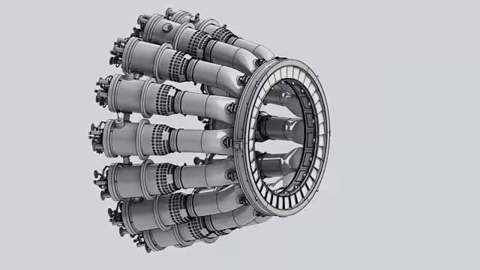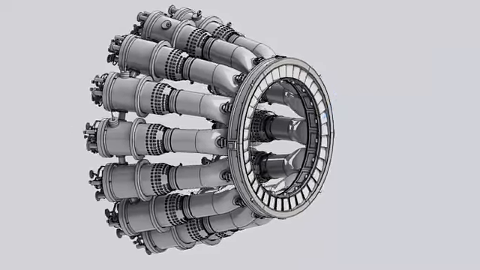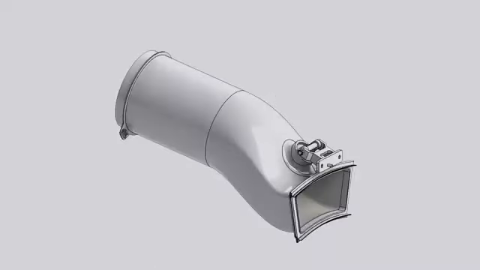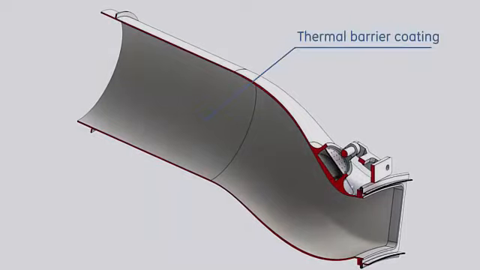Transition pieces are the interface between the combustion and the turbine sections. They direct the hot gases from the liners to the turbine first stage nozzles. The first stage nozzle entrance area is divided into 14 equal areas, receiving the hot gas flow. Due to the extremely high temperatures of the passing hot gases, the inside surface of the transition piece is coated